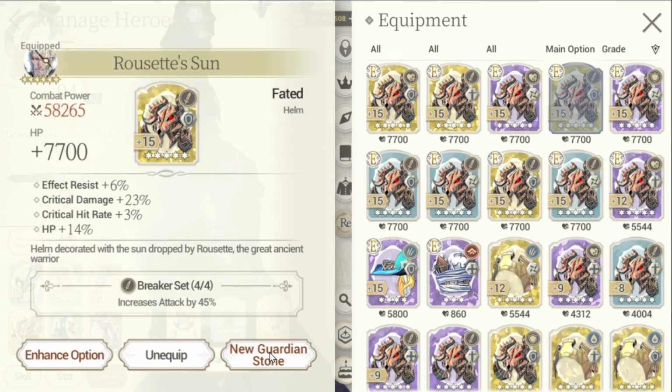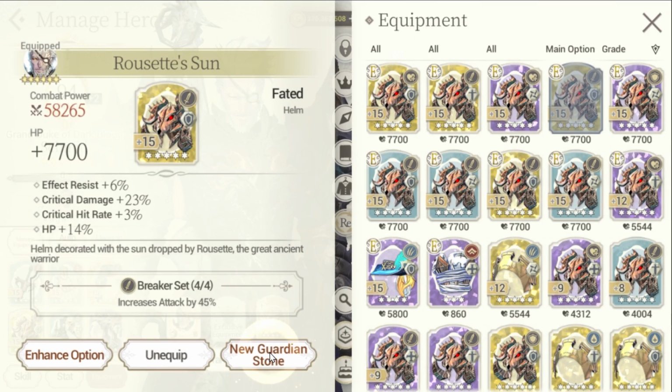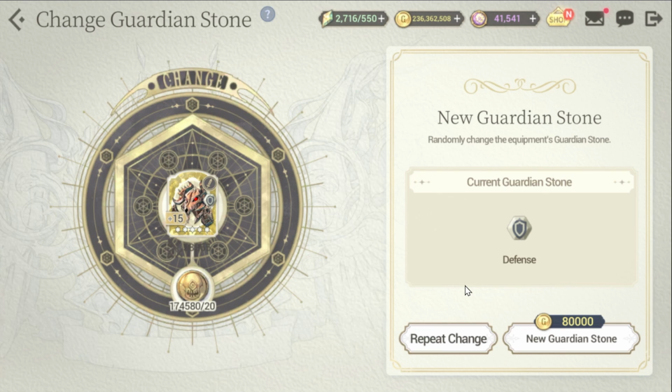For example, right over here, you can actually assign a new guardian stone. Guardian stones are those protection stones. Once they get broken, you will enter a broken state where you will be taking double the damage from the enemies, and on top of that, you will be immobilized for a lot of turns, and it's definitely not good. So you gotta be focusing on diversifying the guardian stones that you have on a particular unit,